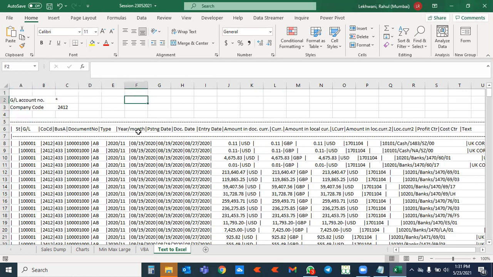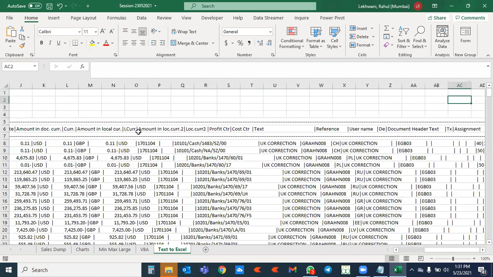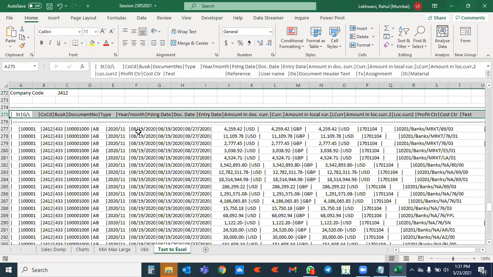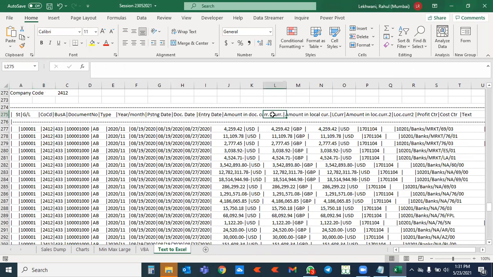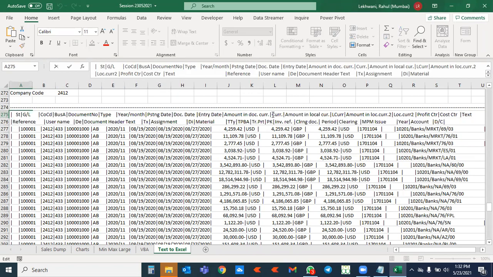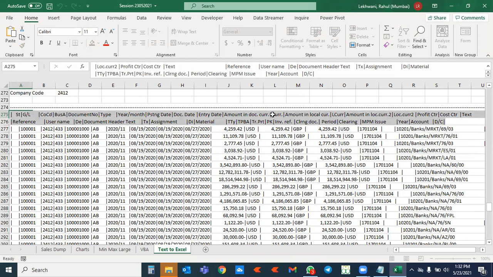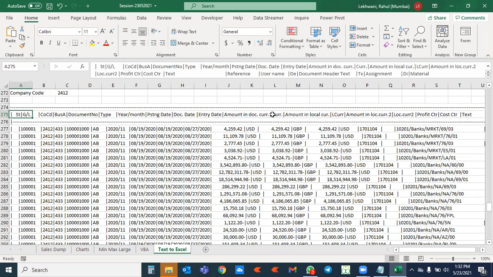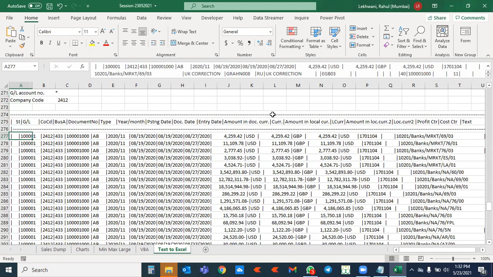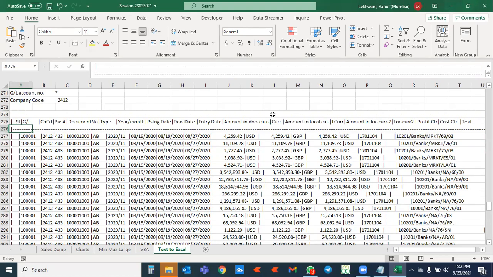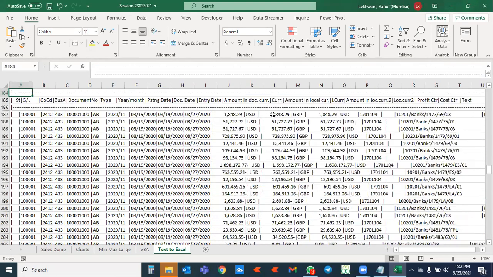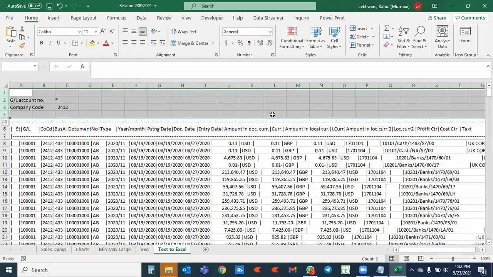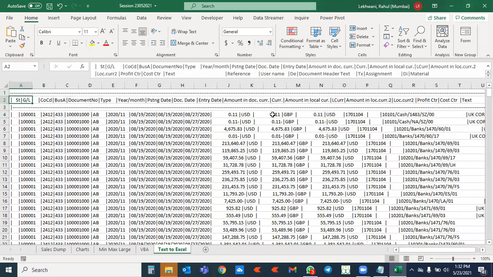So what we need to do is, if I try to filter something, it is actually not showing, because in one line item all the data is in one cell. There is nothing in B. All the data is there in A cell. So the first thing we need to do is bifurcate this data into various columns. How to do it? First, I'll go on the top and remove this. This is not required for me.